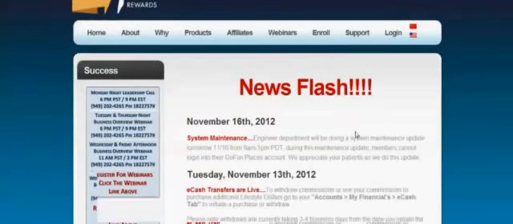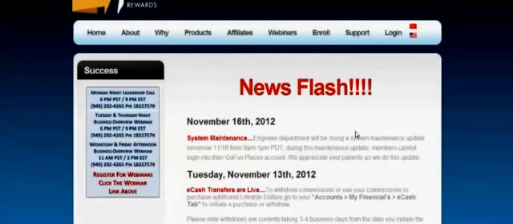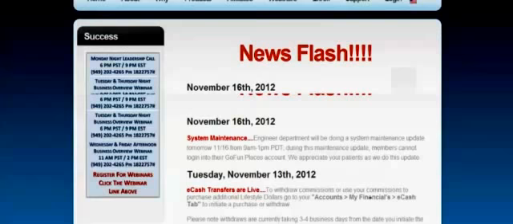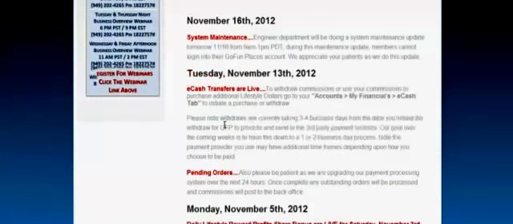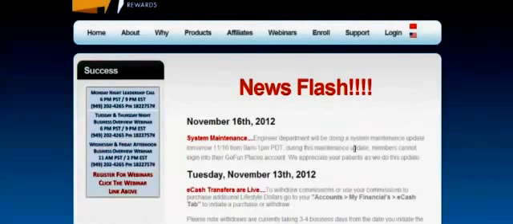One of the important things is the first thing that you're going to see is always this news flash screen. It amazes me how many people scroll past this, guys. One of the things that really impresses me about the company is how well they stay in communication with us. They put a notice out yesterday that they were going to be down between 9 and 1, and they let everybody know that the website would not be accessible at that point.